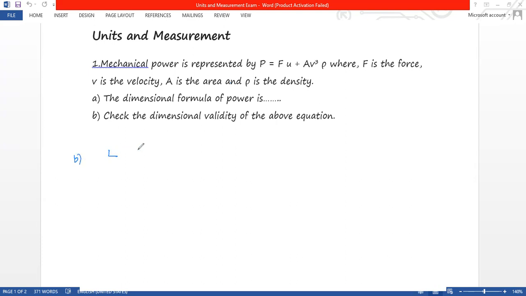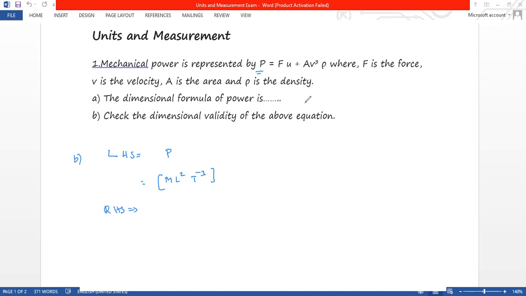Then what is the left side, LHS? In the second question, LHS equal to power, right? Clear, right? So dimension of LHS equal to dimension of power is M L square t raised to minus 3. Just now we derived, right? Dimension of power is M L square t raised to minus 3. In the right side,